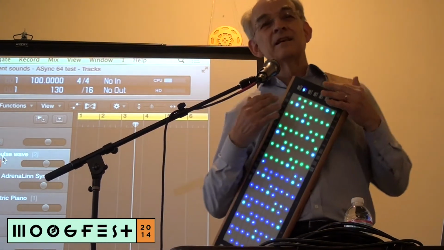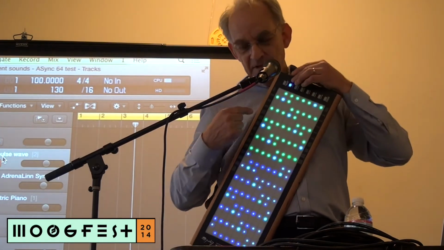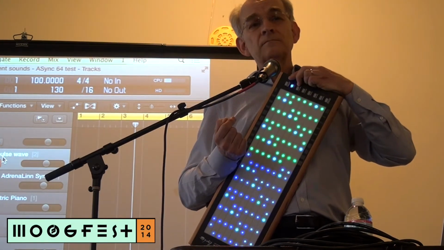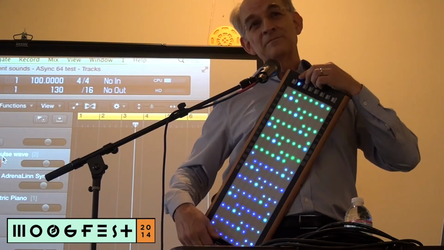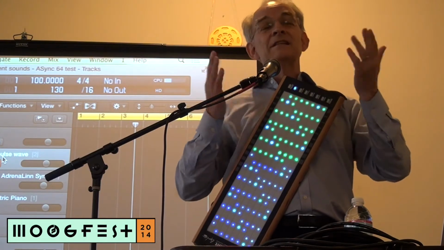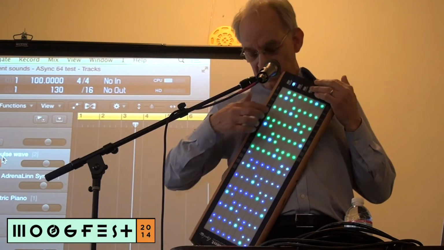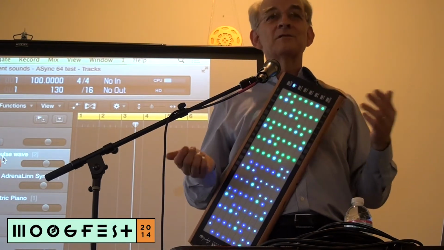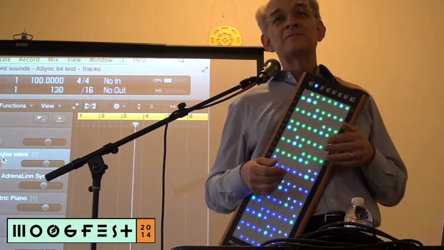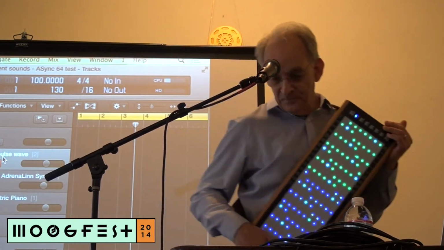One of the things, a nice feature too, is the ability to, instead of just having chromatic scales, have any scale you want. You basically can delete any note within the scale. So as you go up and down the rows, you can be playing a pentatonic or a major or minor or some funny scale. Right? So anyway,